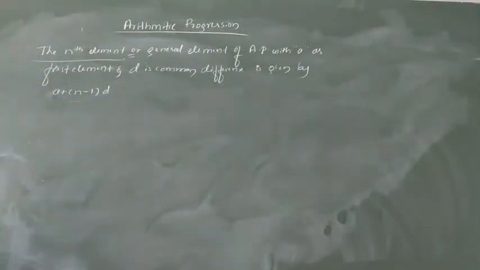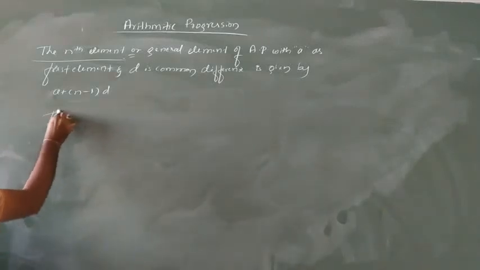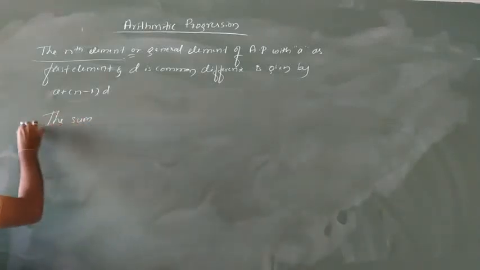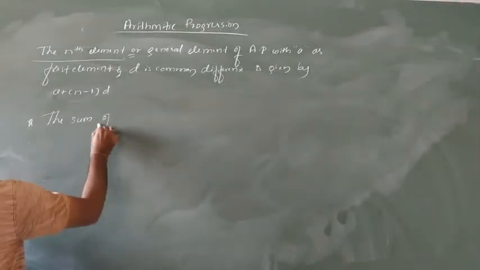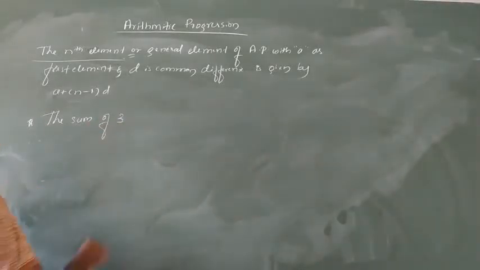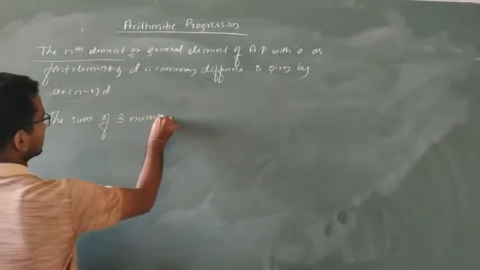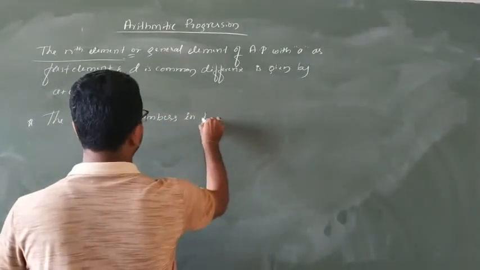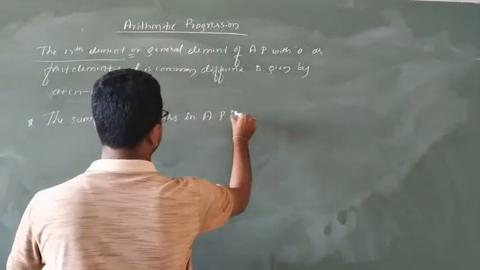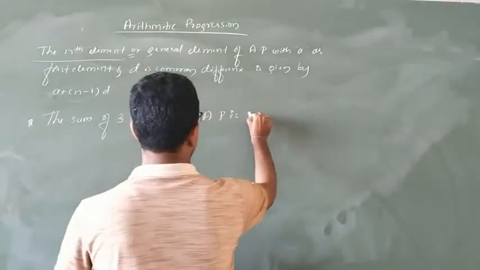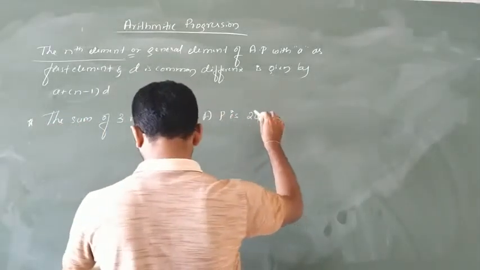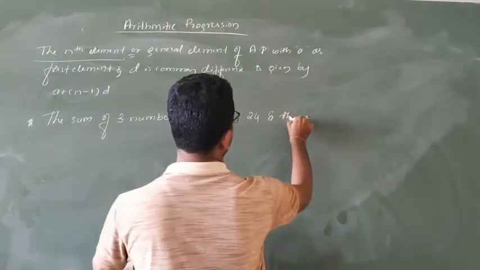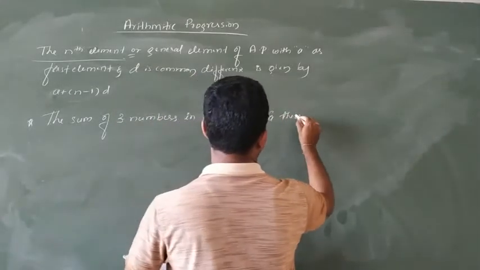The sum of three numbers in AP is, this is very important. The sum of three numbers in AP is 24, and their product is